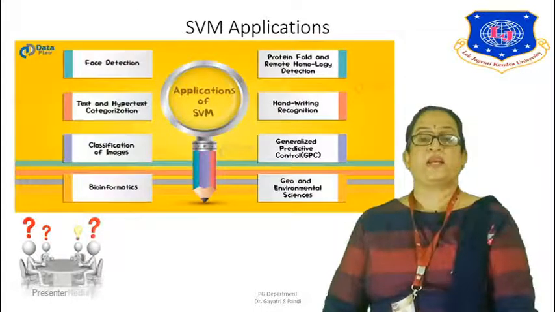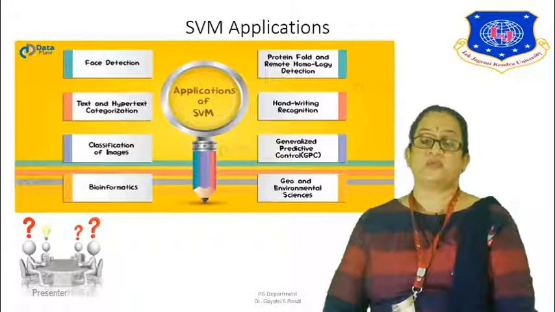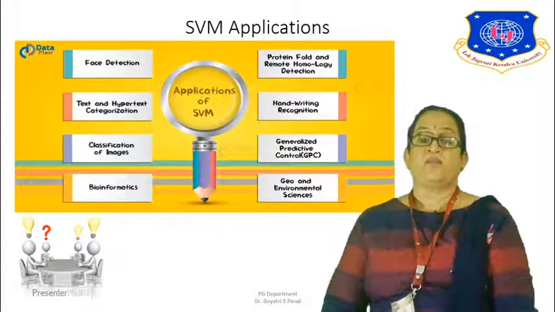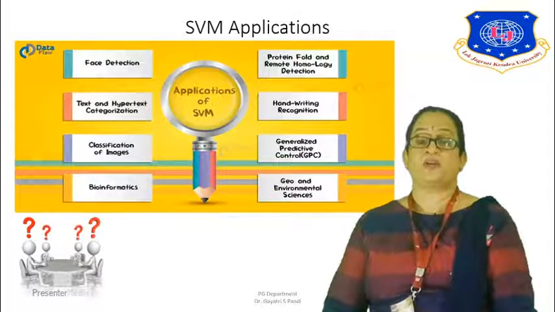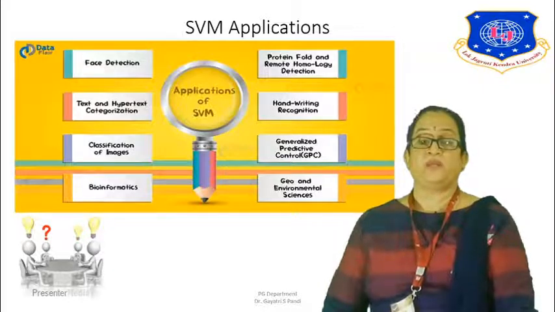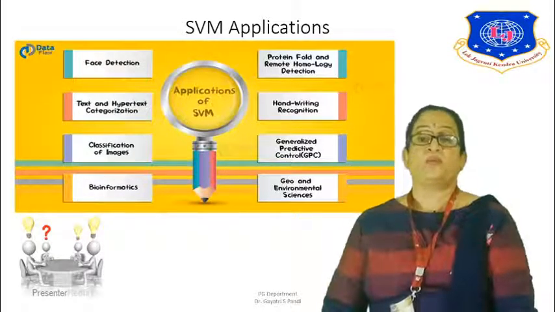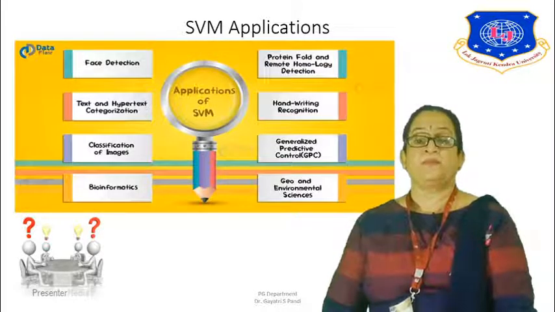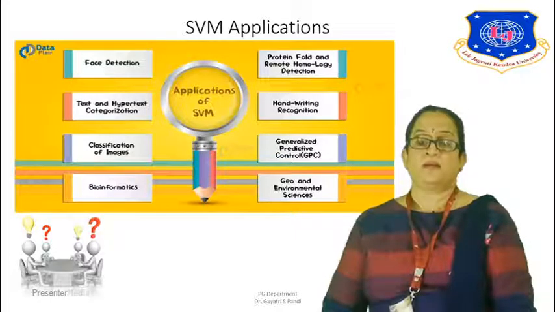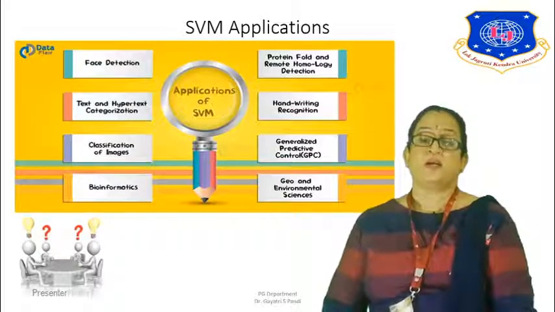Now there are various applications for SVM as it is listed. It could be used for face detection, it could be used for classification of various images, it could be used for text and hypertext categorization. Then it could be used for various types of other classifications like handwritten recognition. It could be used for bioinformatics. It could be used for protein fold and many other applications, right? So it could also be used for geo and informational categories. Right? So handwritten recognition is one of the major applications for SVM. So these are some of the applications where SVM can be applied.